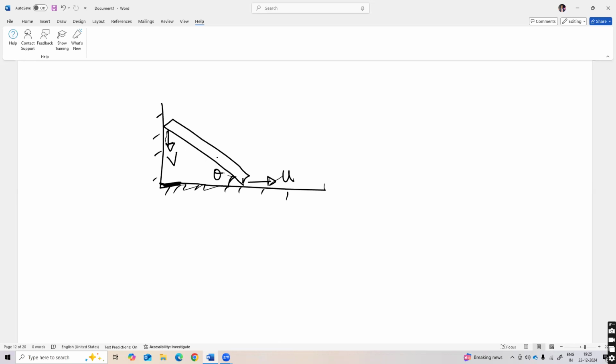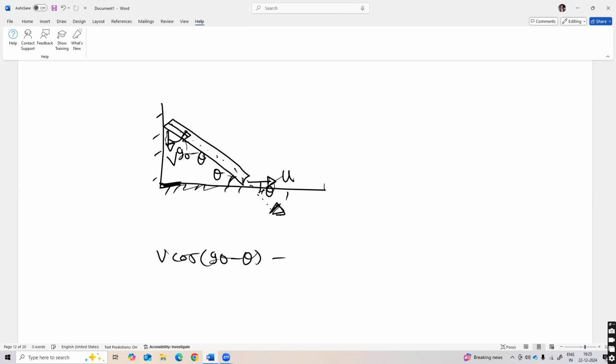So to find the relation between u and v, we will find the velocity component along the direction of the rod. This angle is theta, so this angle is 90 minus theta. So the velocity component of v along the length of the rod is v cos(90 minus theta),